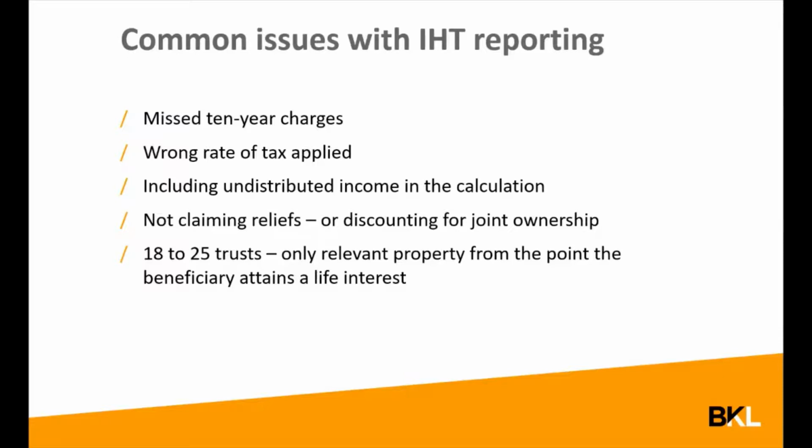And then of course there's the 18 to 25 trusts. We see lots of errors on this one. These types of trusts are not subject to 10-year charges. They're subject to an exit charge when the property vests in the beneficiary, that's at age 25, or if there's been a prior capital appointment. The maximum relevant property period for these types of trusts is 7 years, that's 25 years less 18 years, and that gives you a rate of 4.2%. And the most common error we see is that these types of trusts have been subject to 10-year